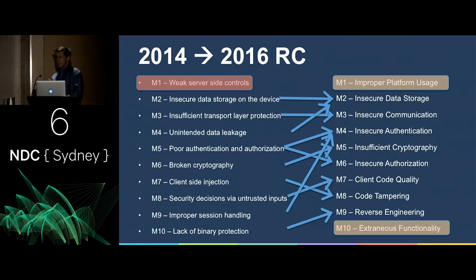Improper platform usage is referring to basically whichever platform you're developing for, be it iOS, Android, or Windows 10, they will each have recommendations for how you should do certain things. For example, iOS says if you've got a small amount of sensitive data, it should go in the keychain. If you don't put it there, you're potentially breaching M1. Now, you may have valid reasons for not wanting to do that. You might be thinking, okay, well, I can get into the keychain if I try hard enough. I need to encrypt it myself and then put it in there, which is a perfectly valid approach.